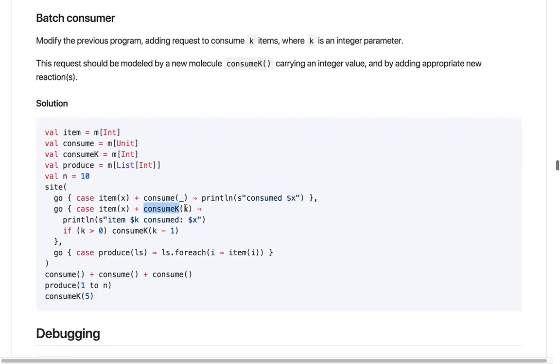We consume k with the parameter k, and if that parameter is positive, then we can consume one item and emit a request to consume k-1 further items. So that molecule will be emitted, and if we have more items present at the reaction site, then they will again react with the consume k molecule. This reaction will be run again